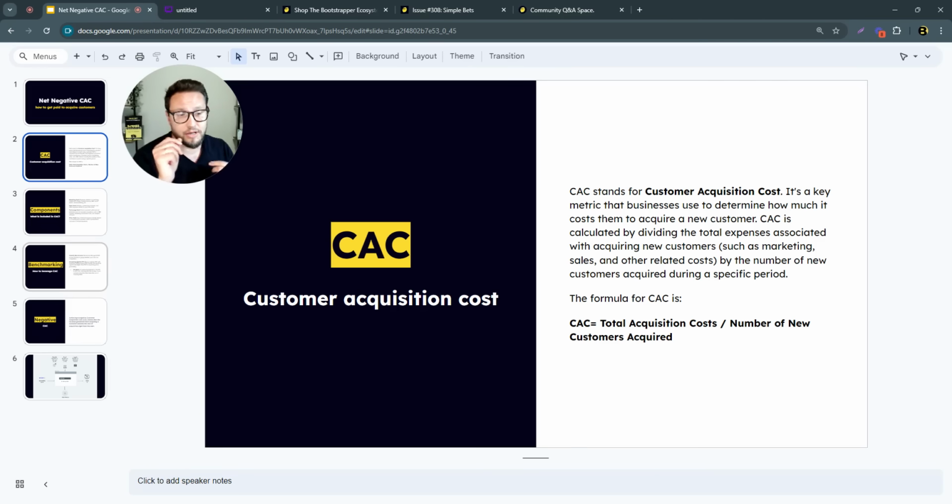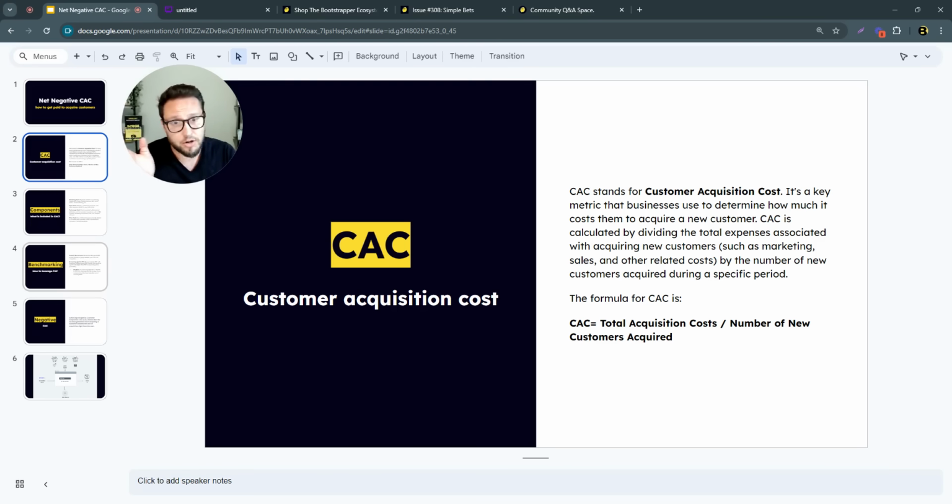When we look at CAC as a profit-led business, when we're putting more profit in our pocket and we're bootstrappers building better on a budget, when we're working with our portfolio of companies or any of the companies inside of the bootstrapper community, the ecosystem we're building of profit-led businesses, all that we focus on is everything. Because at the end of the day, everything matters. We want to understand all of the landed aggregate costs applied towards acquiring a customer. So we look at the total acquisition cost, and then we divide that out by the number of net new customers. That's how we figure out CAC, and that's what we really promote and support folks to think about.